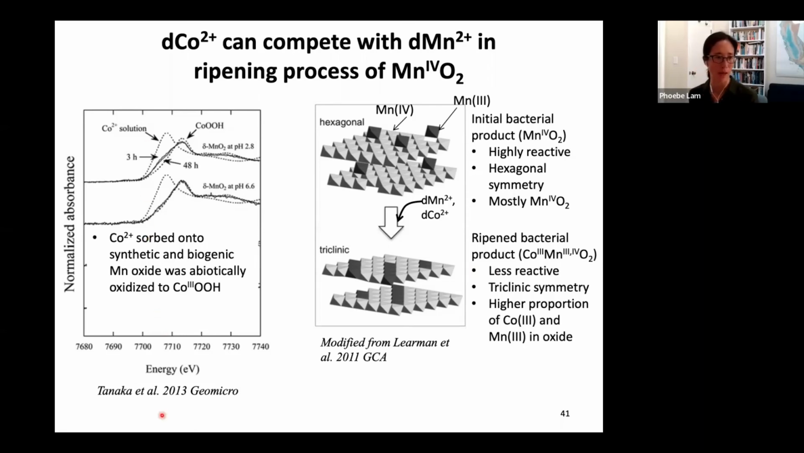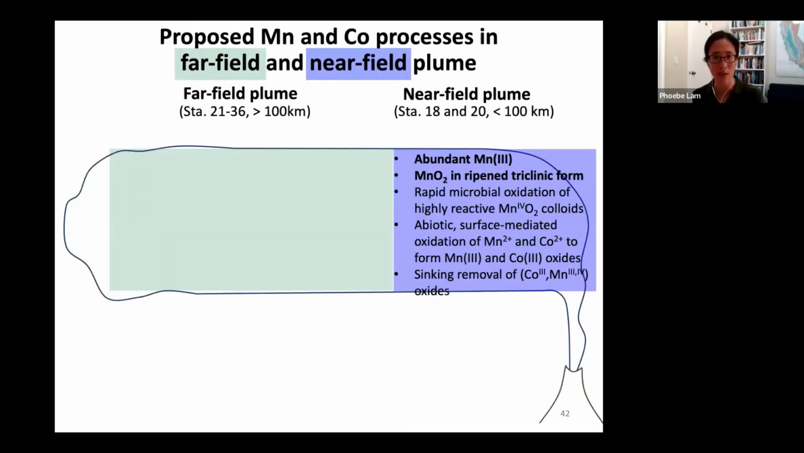And this is work by Tanaka et al. showing that this happened. They added cobalt to a fresh delta MnO2 birnessite. They showed that at first it shows up as cobalt 2 that's adsorbed to the surface, and then over time, 48 hours later, it becomes cobalt 3 and gets incorporated into the mineral itself. So this seems to be happening to us then